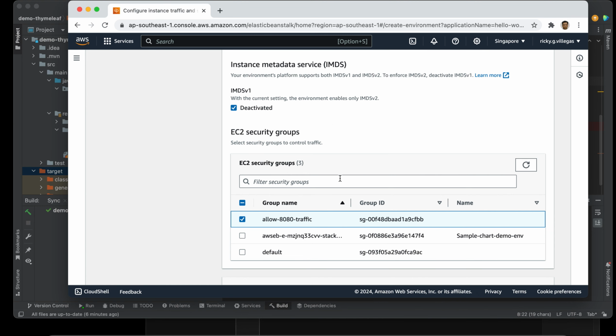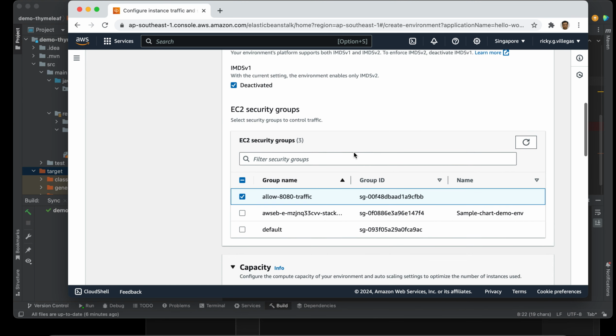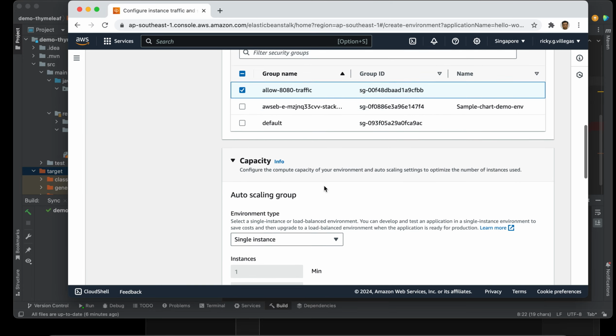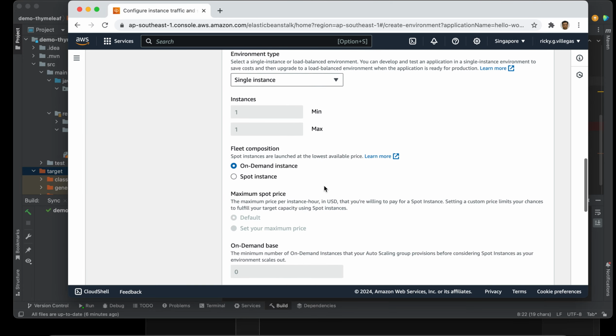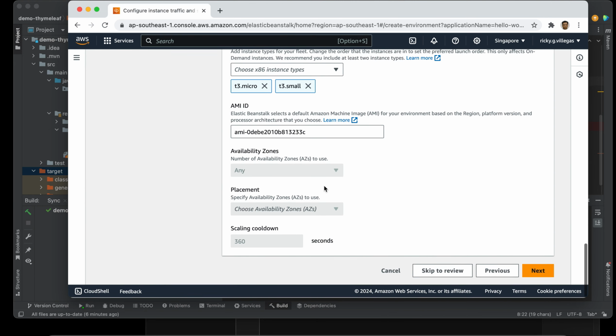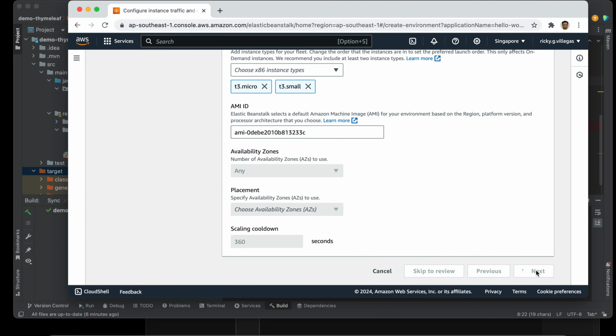By default we cannot access the URL, so we need to select this security group to access our application. Then the rest we just keep the default settings. Then click next.